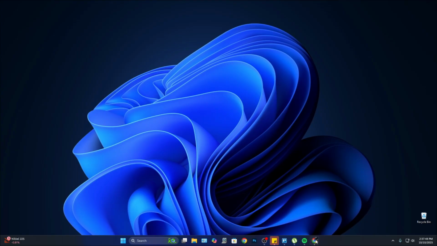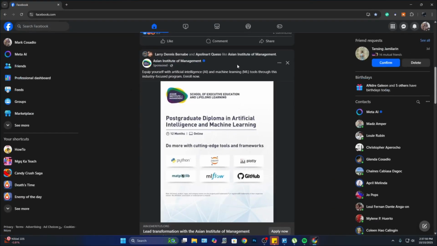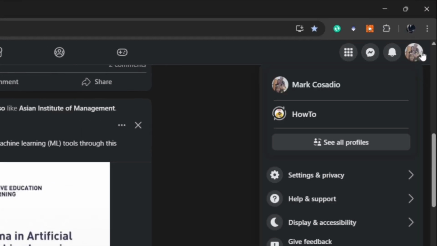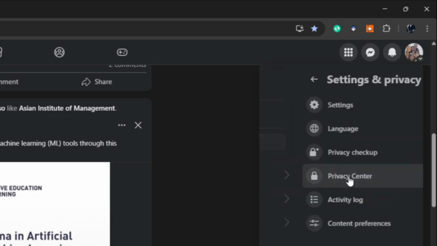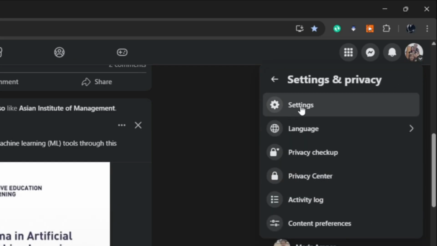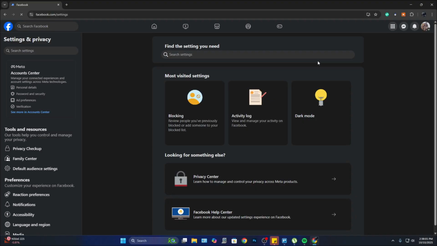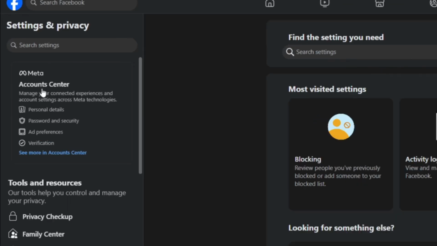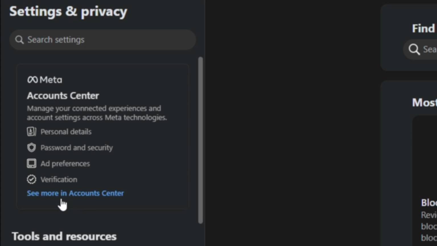First, let's log into your Facebook account, and from here click on your profile icon and go to settings and privacy. Now here click on settings, and from this page you can go to account center. So let's click on see more in account center,